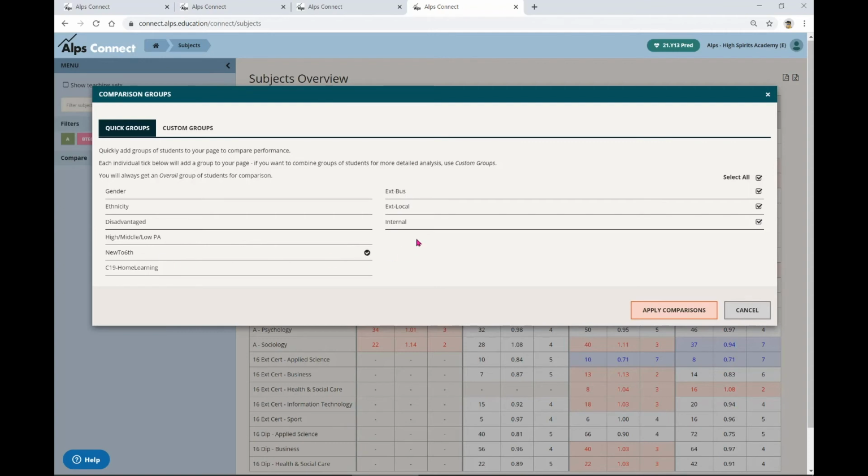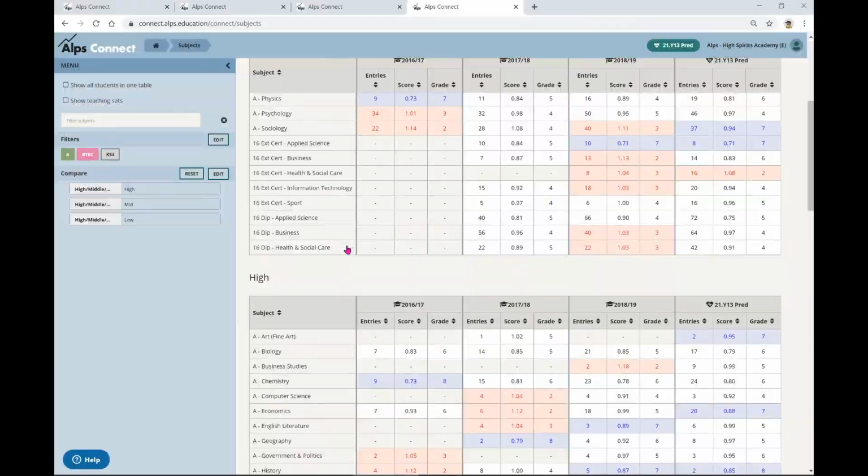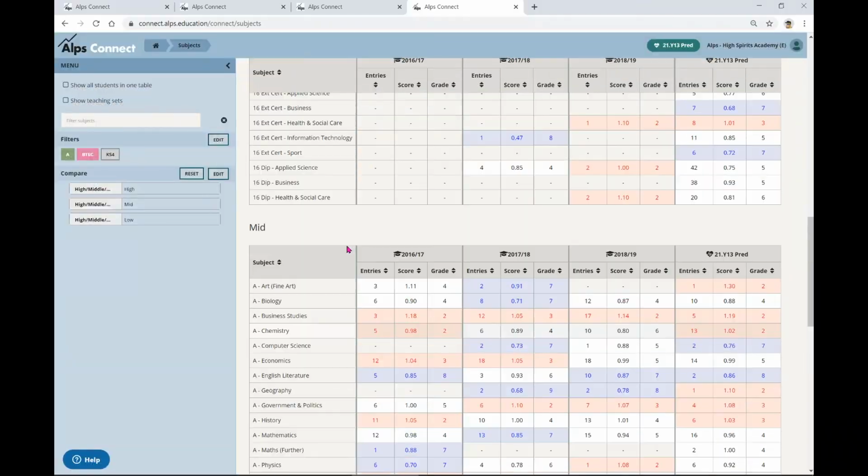New to 6th, the school was quite interested in students who have come up through year 11 and those who have come from other schools, and it's just split those external students by those who travel a long distance, and those who are much more local. But if we have a look at the high, middle and low, here you can see the high, middle and low on the left hand side, and if I scroll down then you see the various categories here.